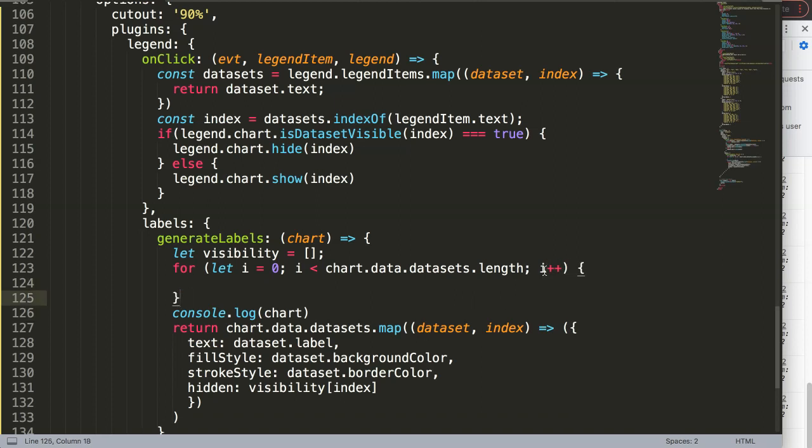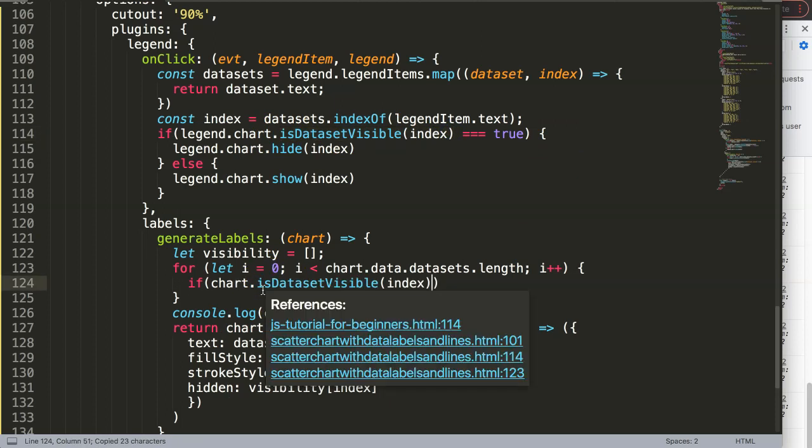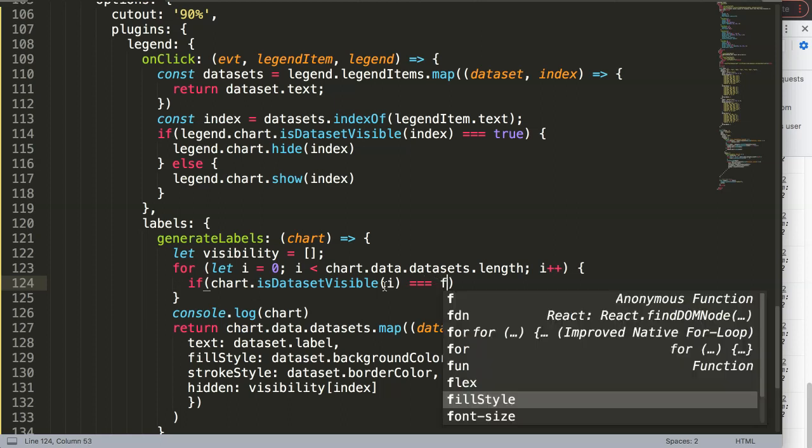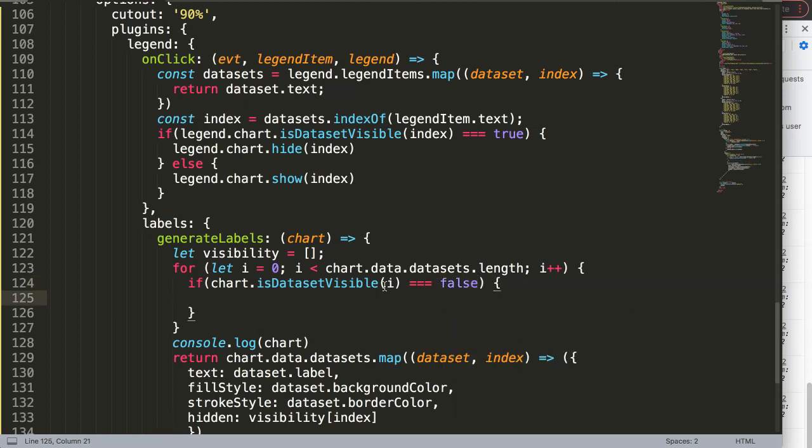So once we're done here, what I want to do is the following. I'm going to put in an if statement, and this if statement will be very straightforward. It will say only one thing: we're going to get the chart, and then we say, is the dataset visible, yes or no? This is of course not the index, but the i number, the iteration of the loop. So if this is strictly equal to false,